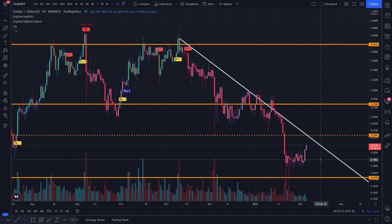Once daily candles are opening and closing above it, we can put another 30% of our investment into the project. For the remaining 50% of our investment into whichever level